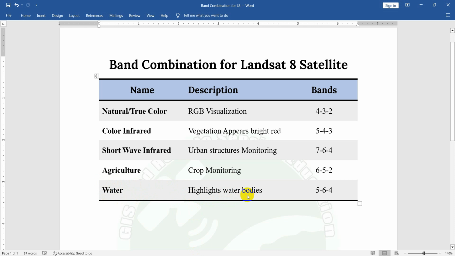For water body, we need to change the composition to 5, 4, 5, 6 and 4 band.